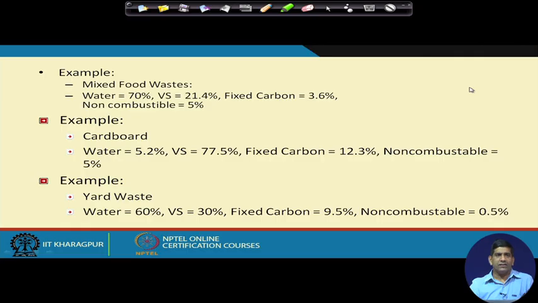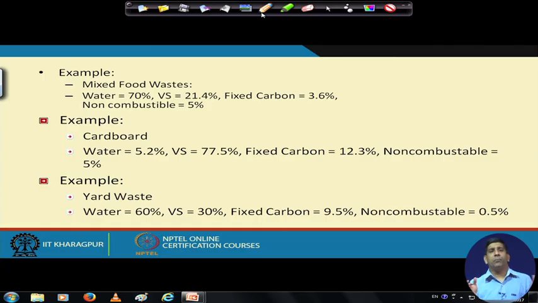So some examples: if you look at mixed food waste, water is 70%, and the more water, the worse it is for waste incineration. Why? Of course, water doesn't have much calorific value. In fact, water will consume energy, because